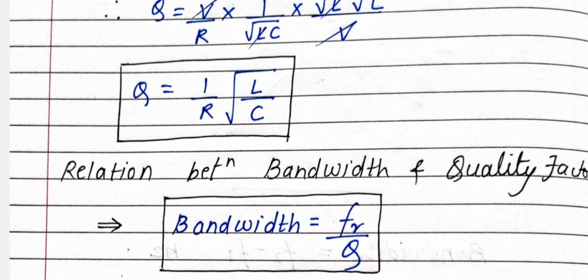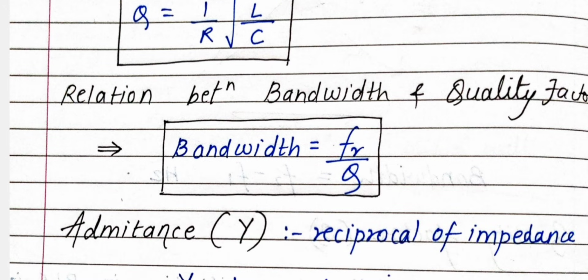If just the definition is asked, you can write that it is the voltage magnification in an RLC circuit due to resonance, and you can directly write the formula as Q is equal to 1 upon R under root of L by C. Remember these formulas, I am saying again and again, because either the definition or they will come in your numerical. So anyways you have to learn these.